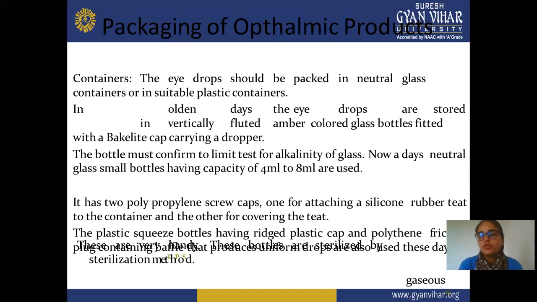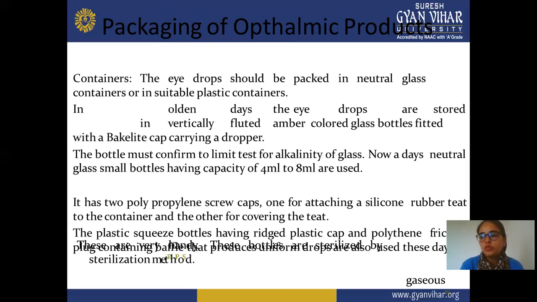Nowadays we pack in glass or plastic containers. In previous days, these eye drops were stored in amber colored glass bottles, which were vertically fluted bottles made of glass, mainly amber in color, and these colored glass bottles were fitted with a bakelite cap. One bakelite cap is fitted on the container, and these containers also have a dropper,